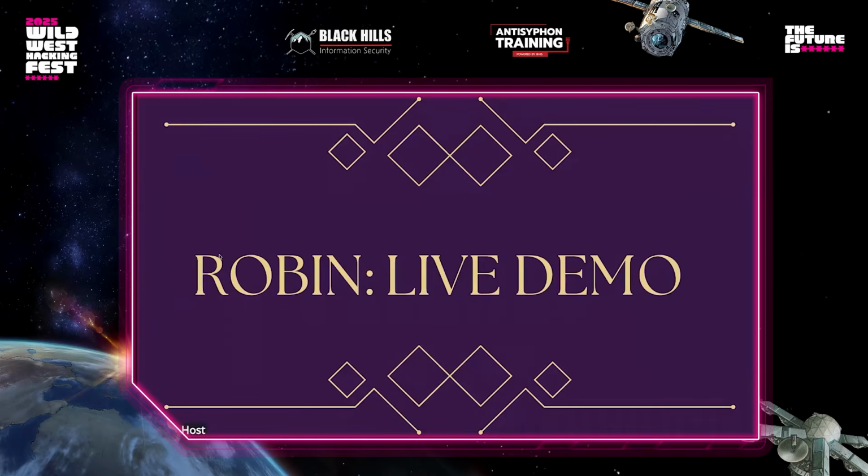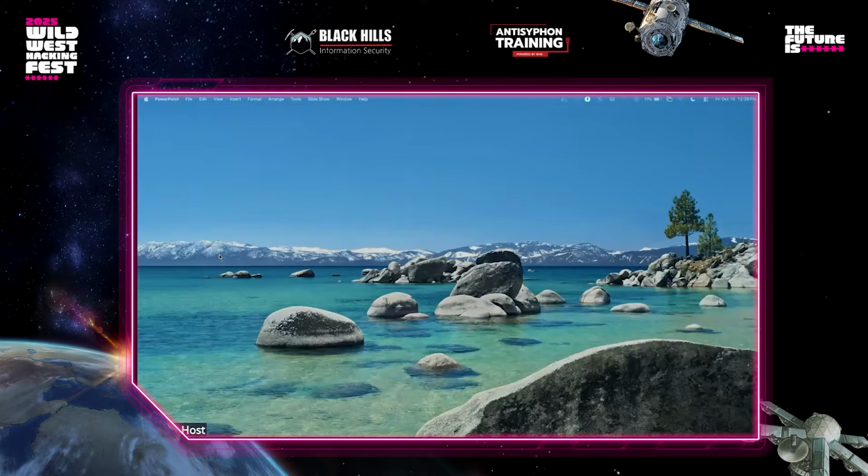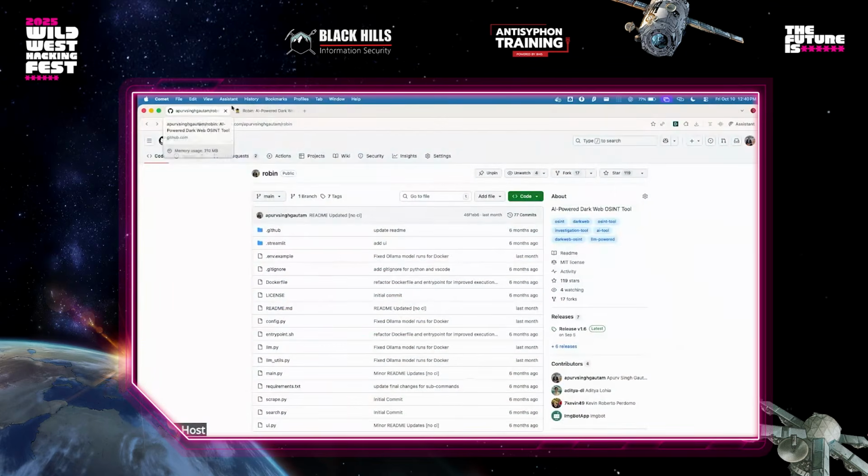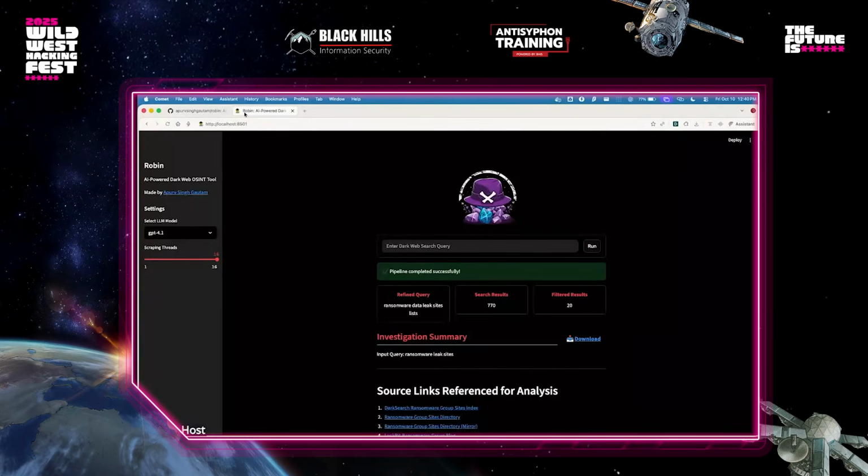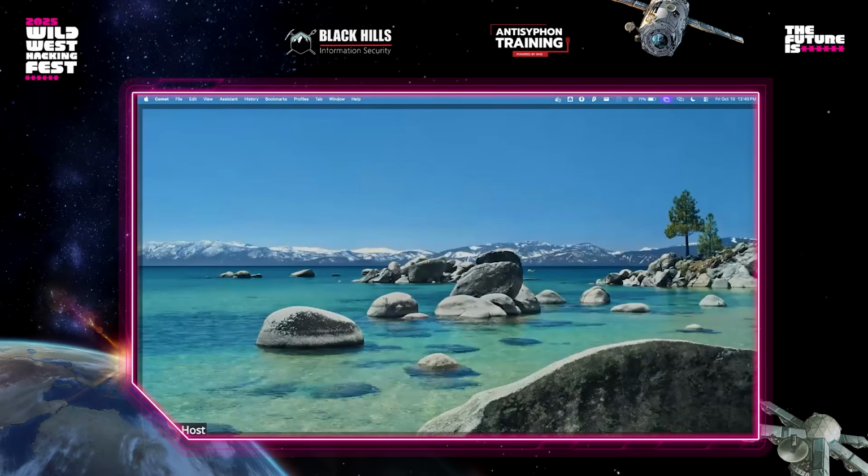And I think with this, let's see if the live demo works. This is how I had run one in the morning, just thinking the live thing might not work. But yeah, this is the UI. If you go through the GitHub link, it is running through Docker.